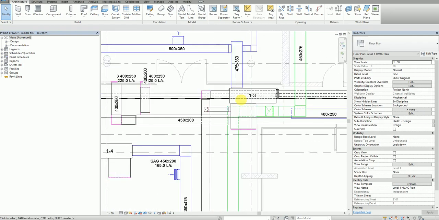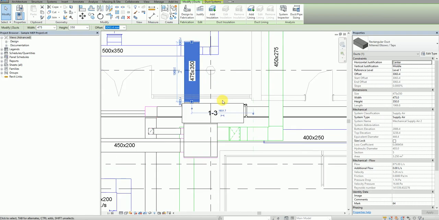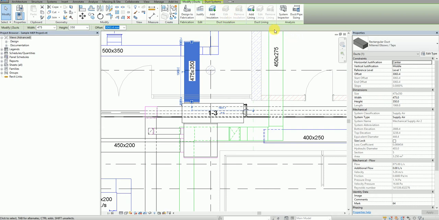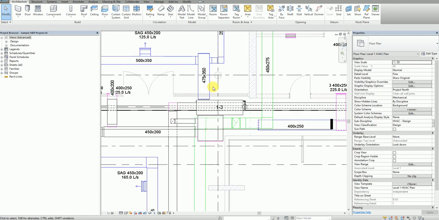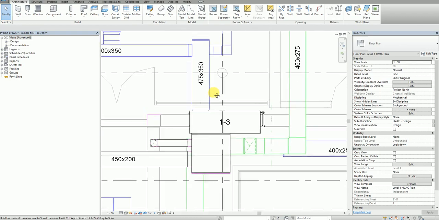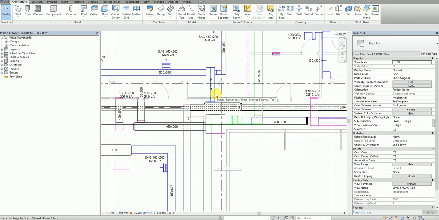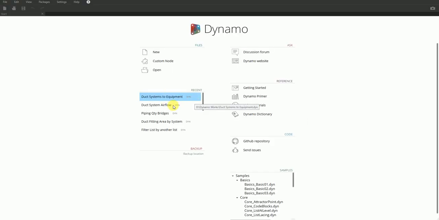Now the thing is that the duct systems are a separate category, and the mechanical equipment is a separate category. They are not the same. And inside the systems, we don't get the instance values of our mechanical equipments. We only get the type value, which is the type name of this family. So this is another problem, which makes it harder and more difficult to do this. So I have done this for all the supply systems, and let's go quickly to our program,